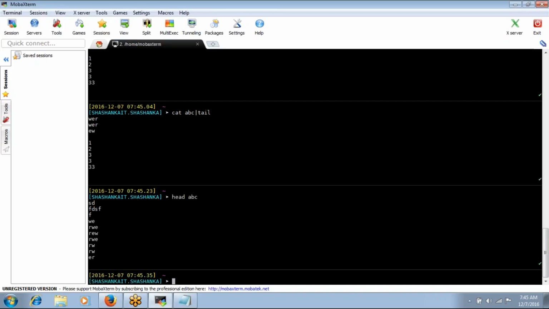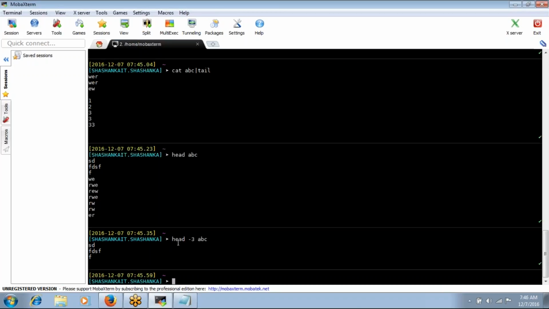If you want to see only the first two lines, or only the first line, or the first 100 or 200 lines, then first always refers to head, and last always refers to tail. The command syntax is head hyphen 3. It will display the first three lines.